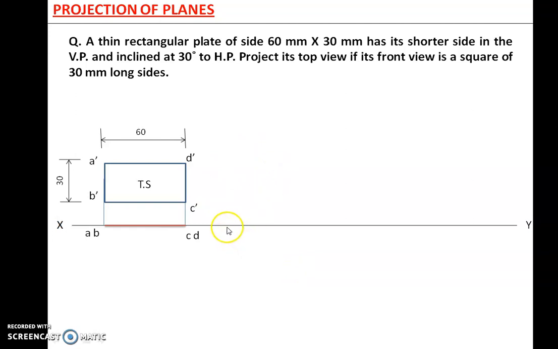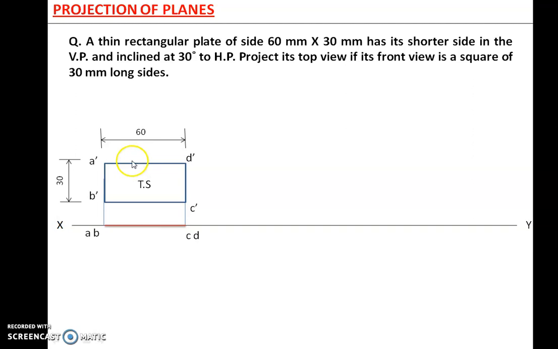Now what happens here when you incline the line? Assume that the inclination is given to you, you incline the line, you project it, and you will get the reduced shape here. So the reduced shape to be drawn here is already given to you as a square. And how much is the size of the square? 30 mm. So first we will try to draw this reduced shape, and then we will try to obtain the inclination.